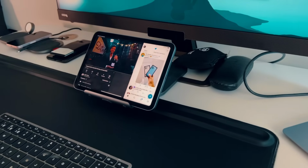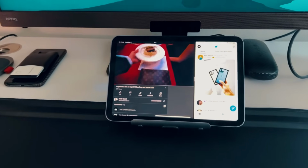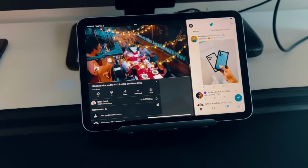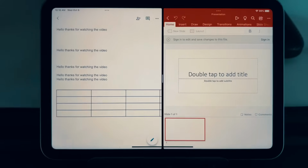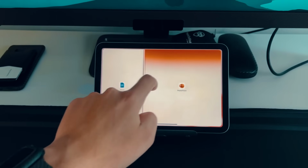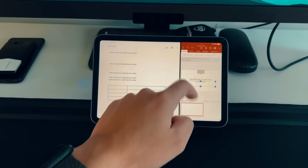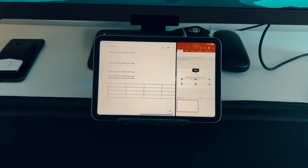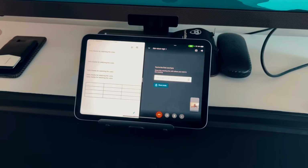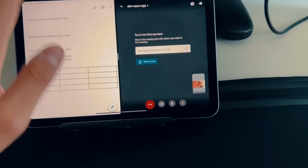Because I've done everything from as simple as just watching Netflix and YouTube to as kind of serious as video editing and photo editing, and even running some of the Microsoft Suite products like PowerPoint, Excel, and then Google Docs and Numbers and things like that. So I've done pretty much everything that I personally can do on this iPad mini, and it handles it perfectly. Like, there's been zero hiccups, zero issues. Everything runs quickly, everything renders at a good speed, and from a rendering standpoint, this is still, again, no slouch. It can handle pretty much everything you throw at it, and it'll handle it quickly,